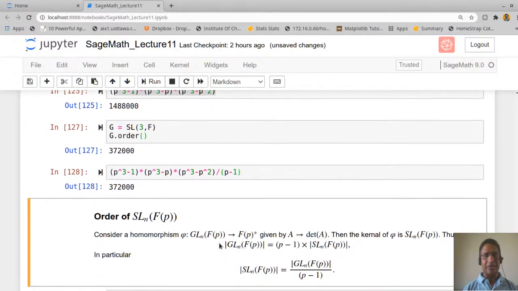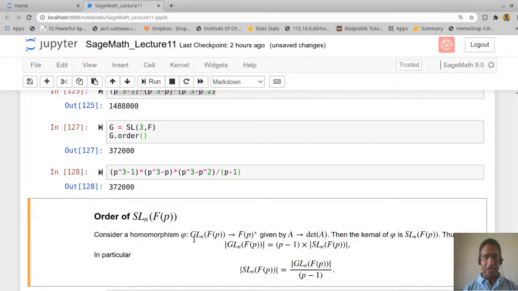That is a very simple explanation. You can define a homomorphism from GL_n(F_p) to F_p star, where F_p star means the non-zero elements, with A going to determinant of A. You can check that this is a homomorphism under multiplication, and then you look at the first isomorphism theorem. It says that the group modulo the kernel has the cardinality of F_p star.